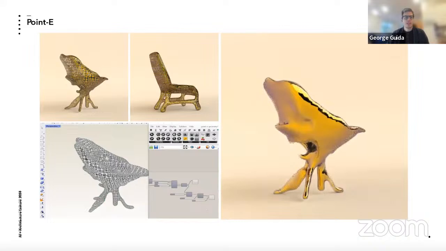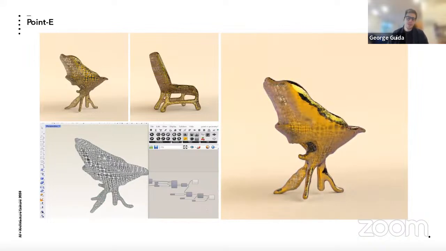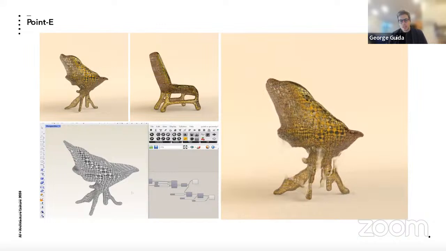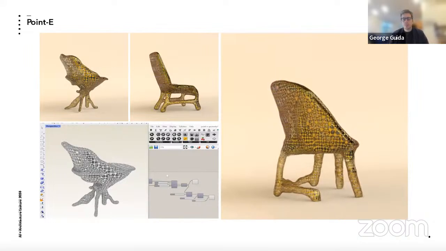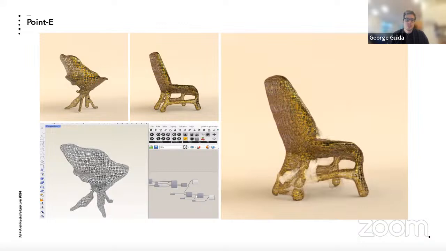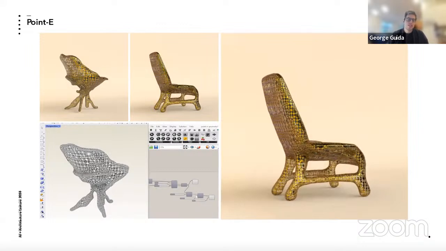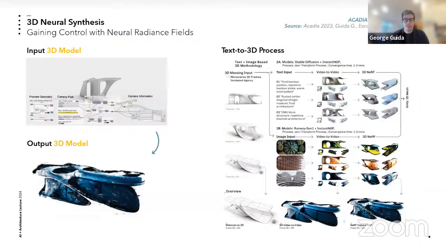That has since developed into different forms of different types of model. This is one example, Point-E, which then developed into Shap-E, which essentially streamlined this process and used a series of 3D models and converted those into rendered images to then train a process based on those rendered images and a point representation of about 4,000 or so points, which made generating any of these 3D text-to-3D or image-to-3D models quite fast.